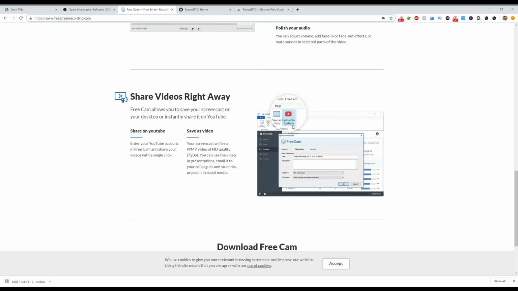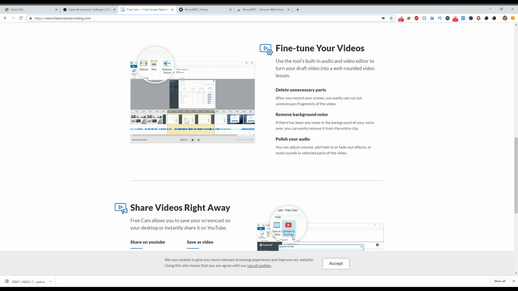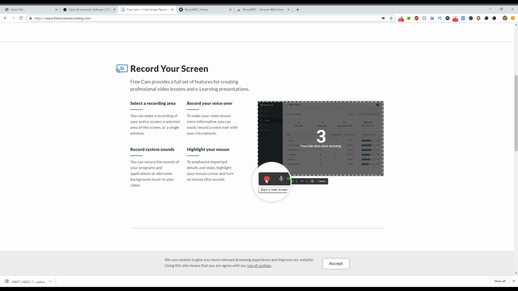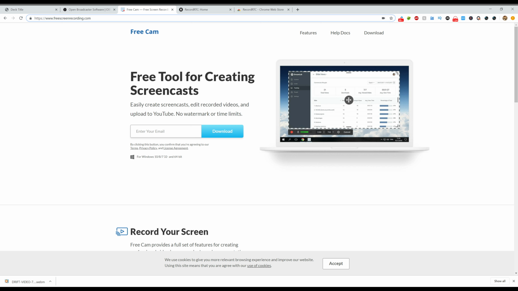But because it has this recording and editing software, I highly recommend Freecam for use. The only problem I have with it is that it does not record in 1080p. Now, let's talk about the program I am using right now. The program I'm using right now is